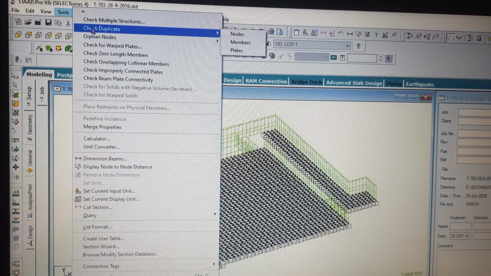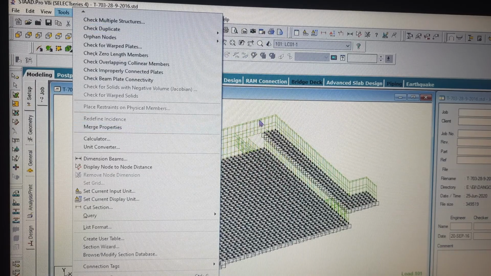That means if you have node 1 with coordinates 0 0 0, and you have created another node 3 that also has the same coordinates 0 0 0, then it will give you a check duplicate nodes error. But STAAD has some more functionality for this. If your node is placed unknowingly between, say, 0.001 meter or 0.01 meter apart, you can also check whether that thing is duplicated or not.